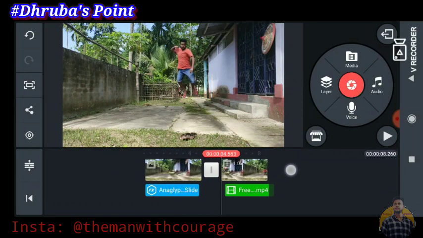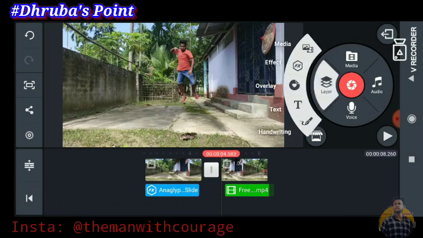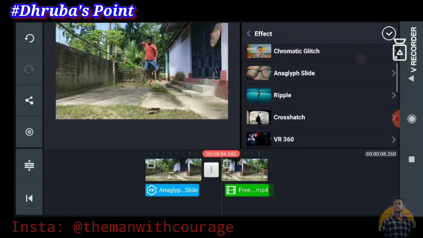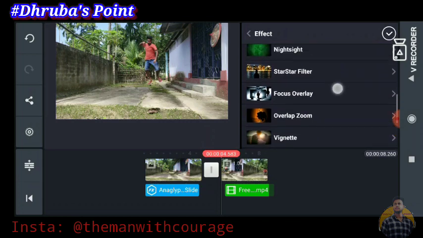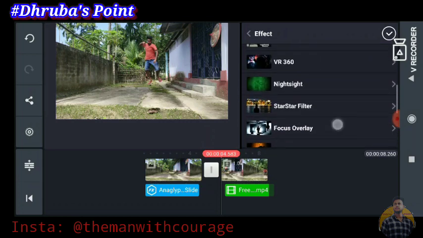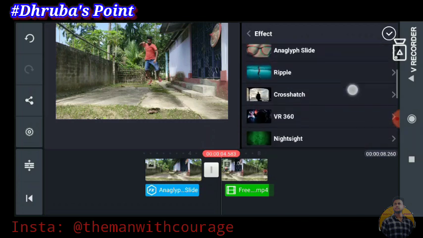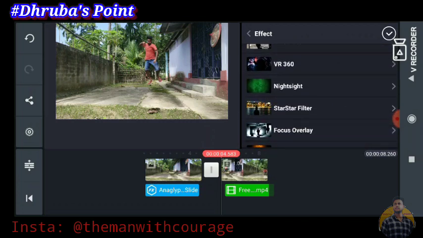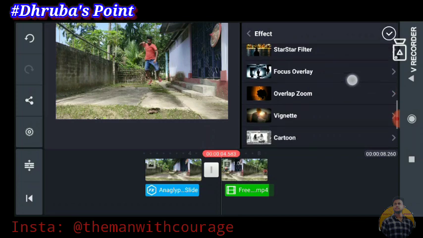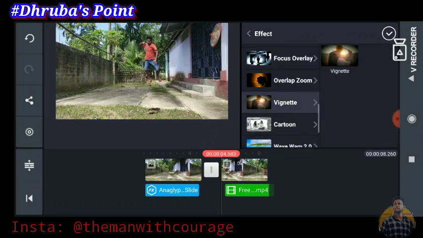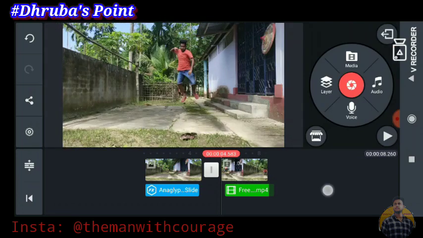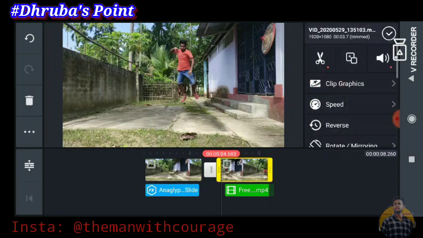Okay, now you can also add effect in this clip. Go layer, effect. Now select any effect according to your video clip. I have selected vintage. Let's add it.